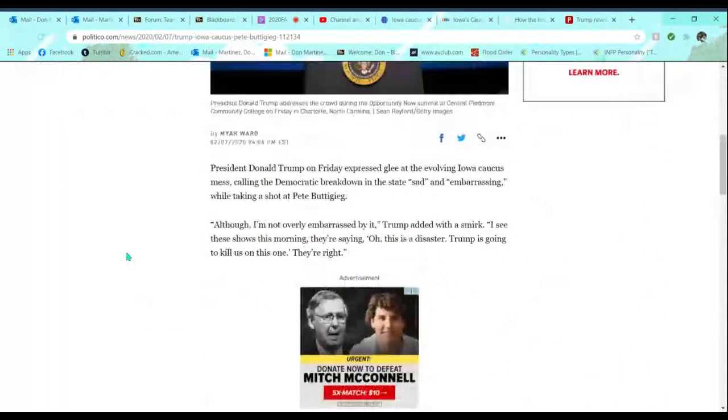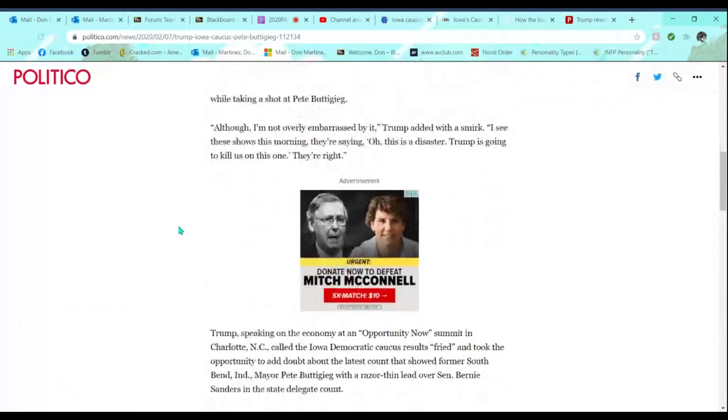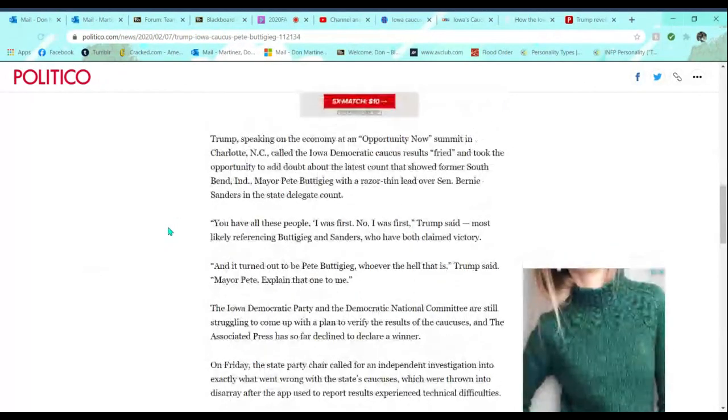All right. President Donald Trump on Friday expressed glee at the evolving Iowa caucus mess, calling the Democratic breakdown in the state sad and embarrassing while taking a shot at Pete Buttigieg. "Although I'm not overly embarrassed by it," Trump added with a smirk. "I see these shows this morning. They're saying, oh, this is a disaster. Trump is going to kill us on this one. They're right." Trump, speaking at an Opportunity Now summit in Charlotte, North Carolina, called the Iowa Democratic